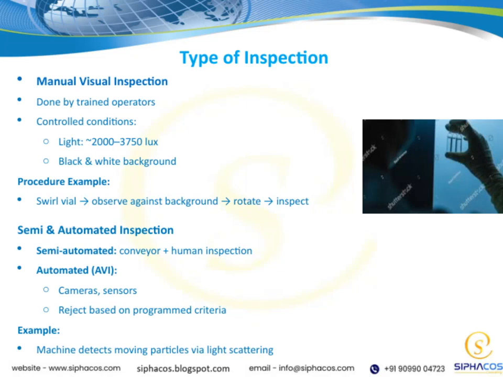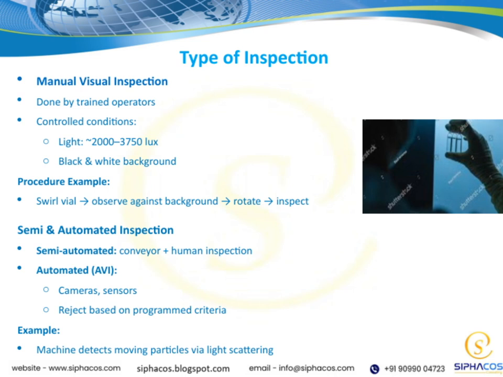First, there's the manual visual inspection. This is performed by trained operators who carefully examine each sample. To ensure consistency, we conduct these inspections under controlled conditions, specifically with lighting around 2000 to 3750 lux and using a black and white background to improve contrast. The typical procedure involves swirling the vial, observing it against the background, rotating it to check all angles, and then